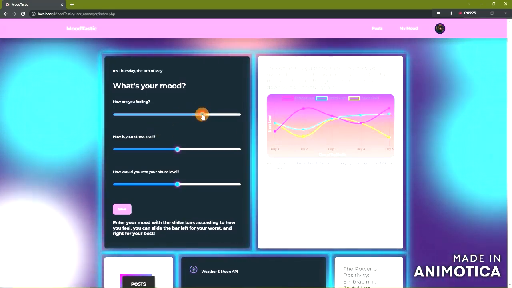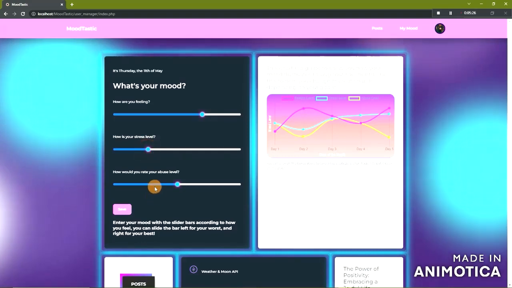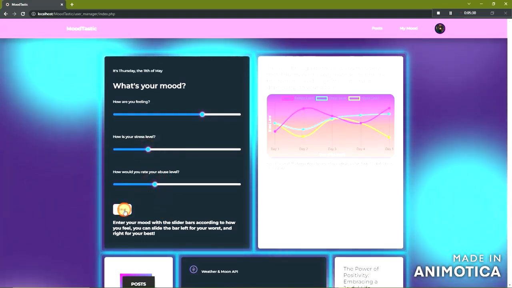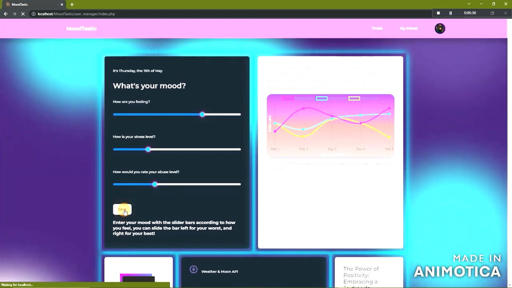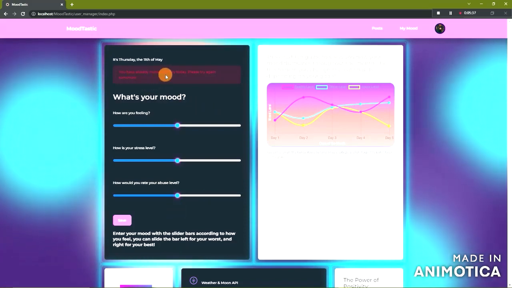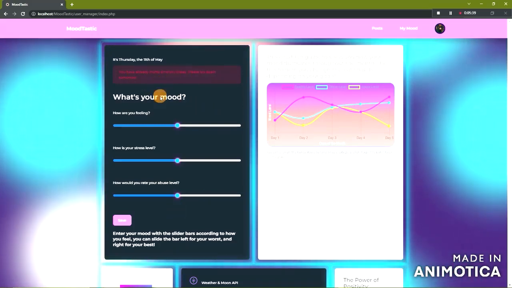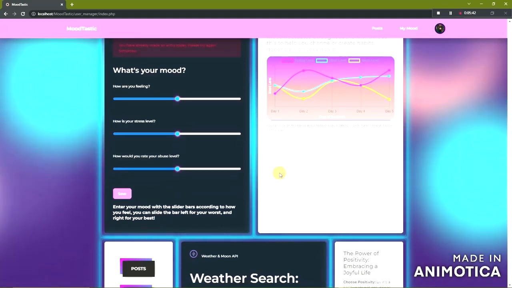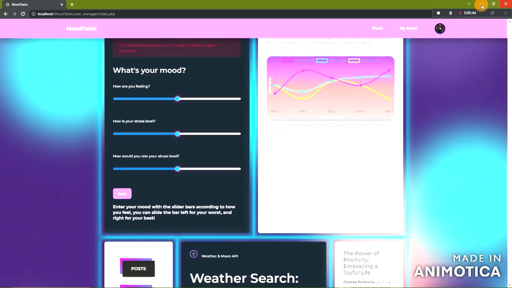So I made this to where you could only add your mood on one time per day. So when you click save, it's going to throw an error saying you have already made an entry today. Please try again tomorrow. So that's the mood part of this project, which actually I should get into some code